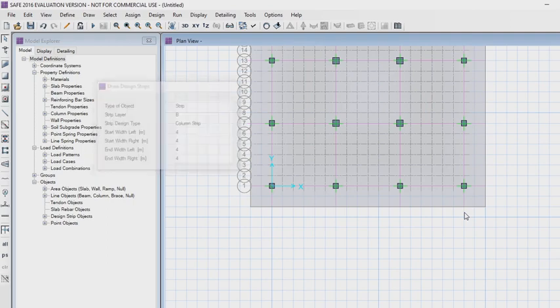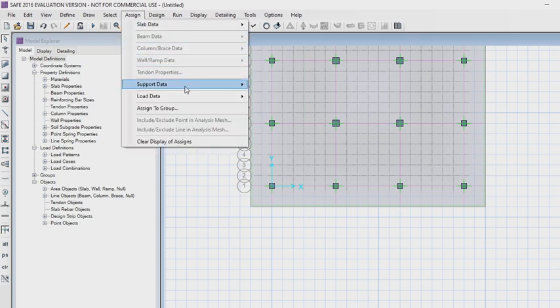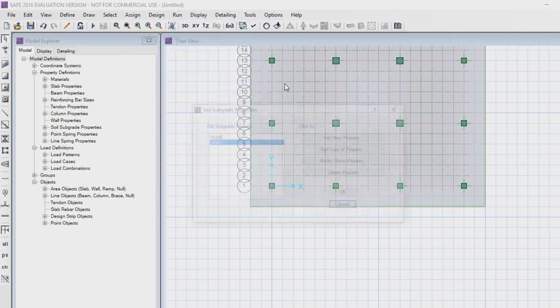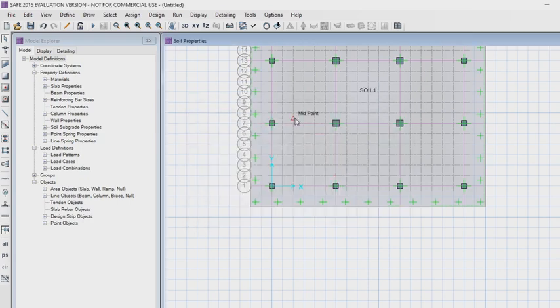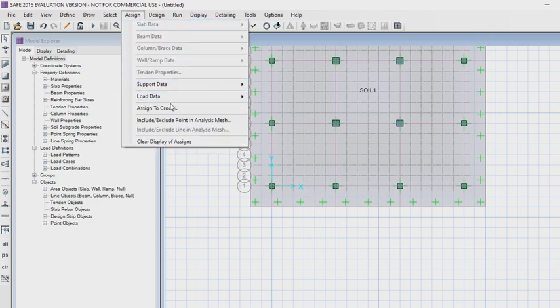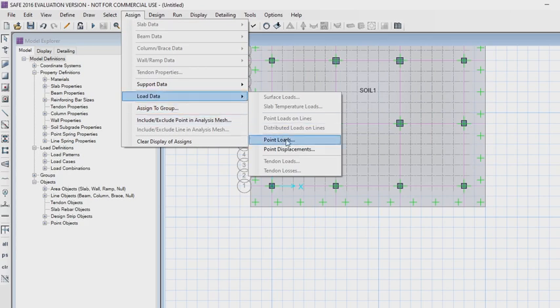Press escape on keyboard. Now select the footing area. Go to the assign menu, select support data and select soil properties. Click on OK. Now select column 1. Go to the assign menu and select load data and choose point loads.